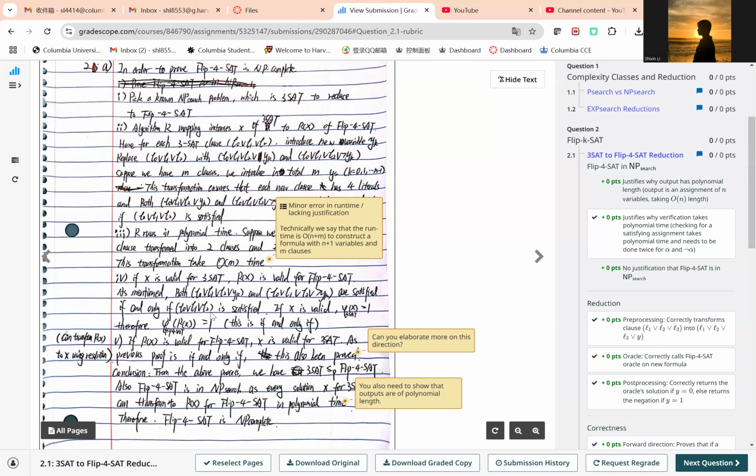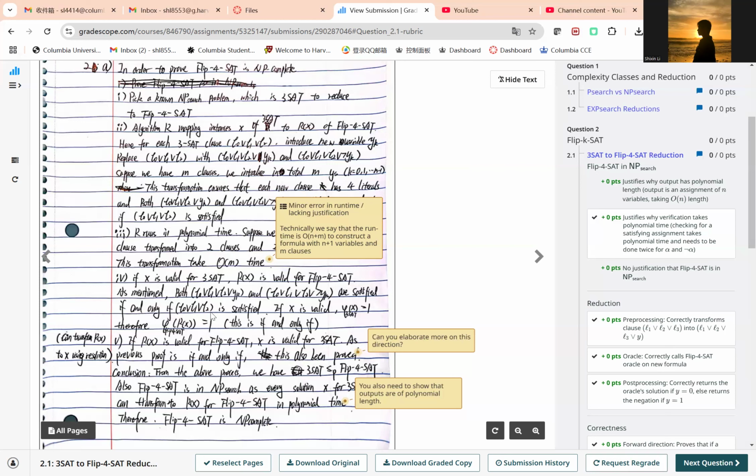I will highlight that if we transform from 3SAT to flip 4SAT, for each clause we will get two. If we have M clauses in 3SAT, we will have 2M clauses in flip 4SAT, because for each clause we create two more clauses. And also for the variable numbers, we will have 2M more variables. The reason is that for each clause we create yk and negative yk,